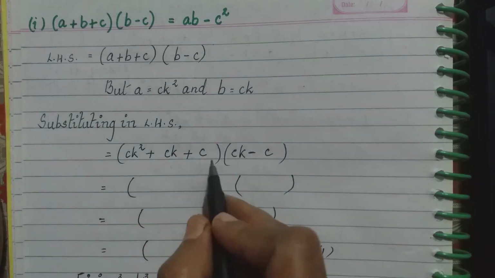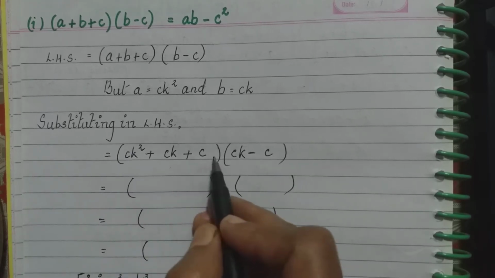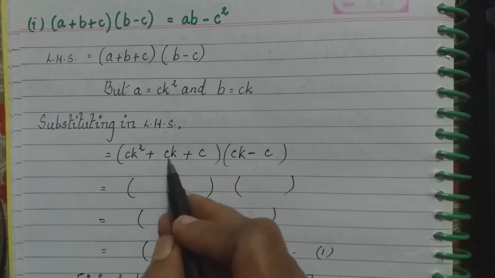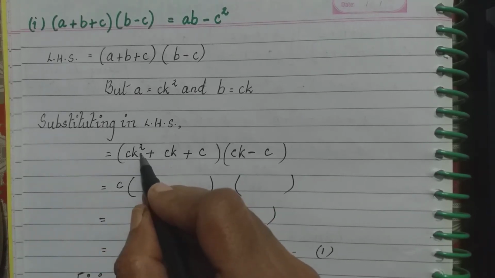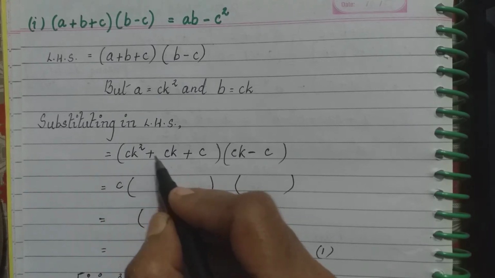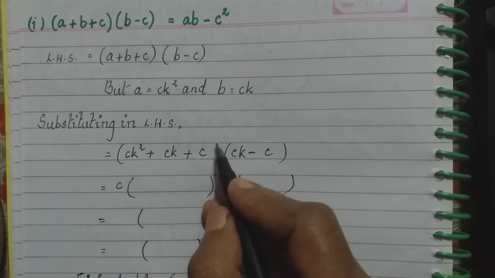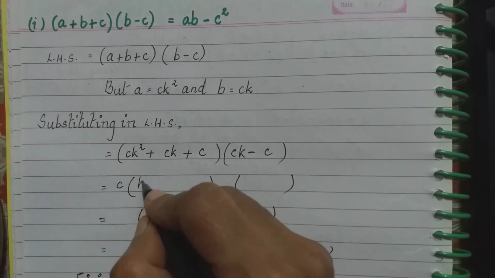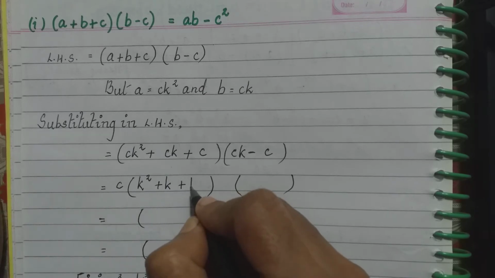Now this is one term. In this term, we see that all these three parts have c in themselves. k is there only in two, so k cannot be common. But c is common in all of them. So I can take c common out. What will be left here if c is out? Only k square. Here, if c is out, only k. And here, if c is out, only 1, because c into 1 is c. So inside I can now write k square plus k plus 1.